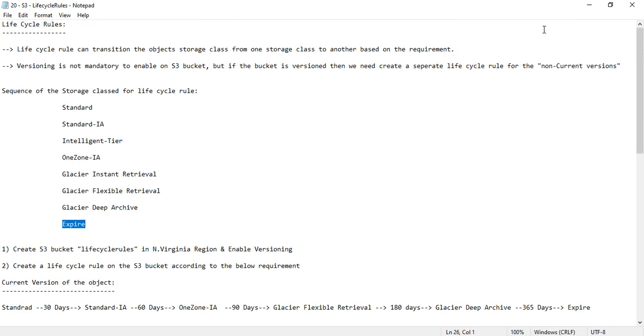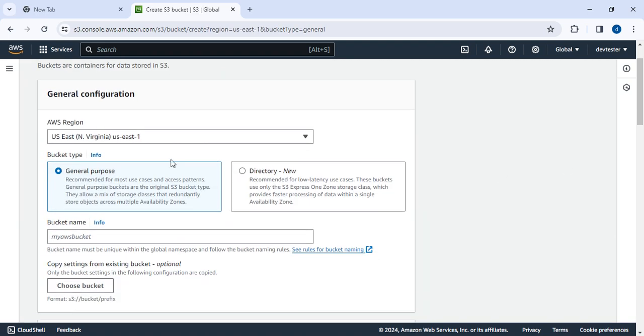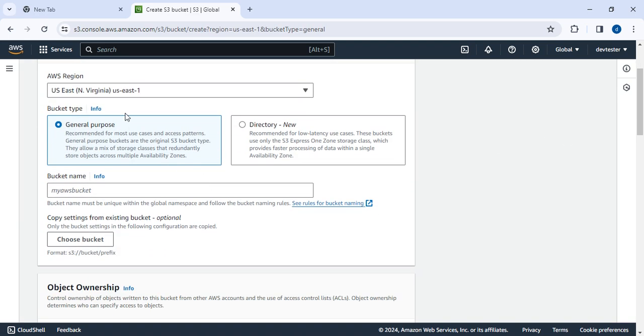Okay, just quickly we can jump into the practical section. So without wasting time, right now I don't have any buckets in my account. So quickly I am going to create a bucket. I am going to create the bucket in the Northern Virginia region only, that is US-East-1, and my bucket name is